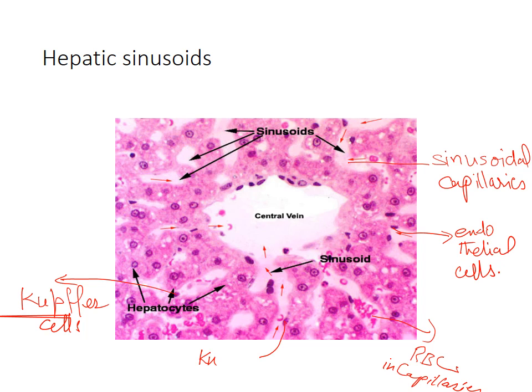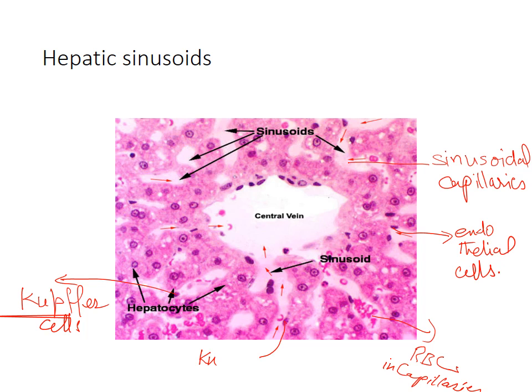The Kupffer cells, also called stellate macrophages, are large star-shaped phagocytic cells that belong to the mononuclear phagocyte system. These cells have multiple long processes and are interspersed among the endothelial cells lining the hepatic sinusoids. So these are the Kupffer cells. The processes of Kupffer cells extend into the lumen of the hepatic sinusoids. The major function of the Kupffer cell is to engulf and break down damaged and aged erythrocytes. This function is greatly enhanced after splenectomy, that is, the removal of the spleen.